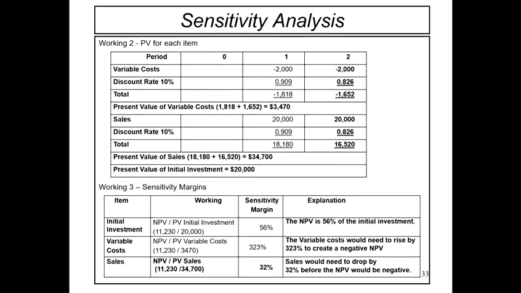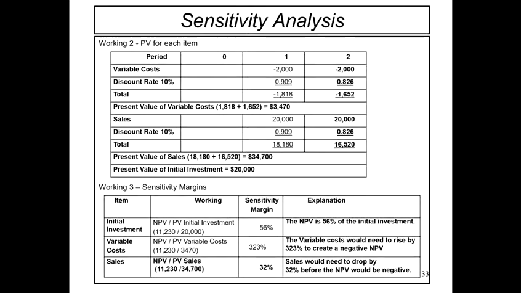So dalam arti kata lain, NPV untuk example kita ni 56%. So 56% daripada NPV kita adalah untuk initial investment. So kalau initial investment kita increase by 56%, then kita punya project NPV akan jadi 0 ataupun negatif. So semakin tinggi value sensitivity margin kita, semakin baguslah the performance of the company. Okay, so company tak perlu nak sangat concern lah about the value if the sensitivity value is higher.